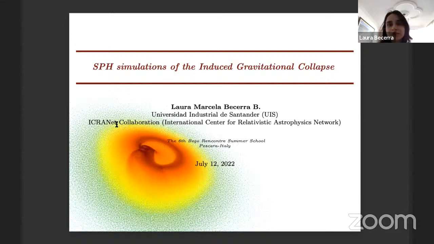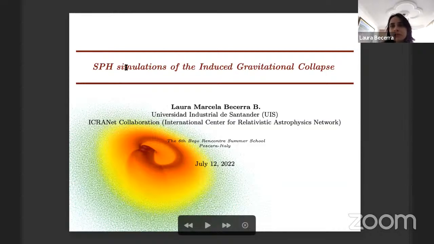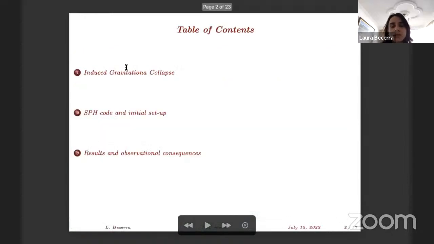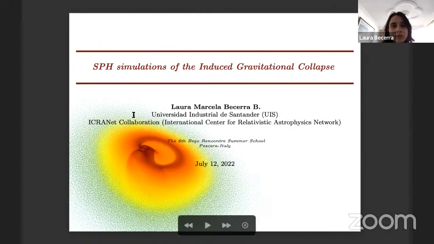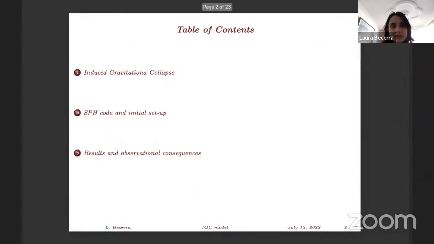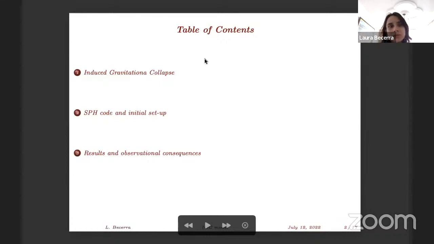Okay, hello everybody. As I was told, I'm going to talk about the smoothed particle hydrodynamics simulations of the induced gravitational collapse. This has been work done with the collaboration for about 10 years now. This is the outline of my talk. I will talk a little bit about the induced gravitational collapse model, describe the simulations, and then talk about the results and the observational consequences we can